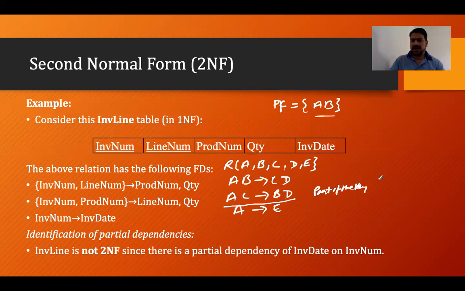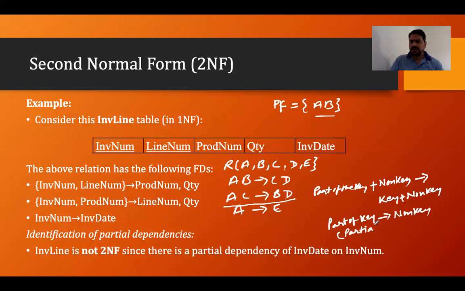right? Along with that, we have what? Non-key. C is a non-key, right? AB is the key. And it is determining key plus non-key. What we want is that part of the key is determining some non-key. If this is the case, I say that it is a partial functional dependency,